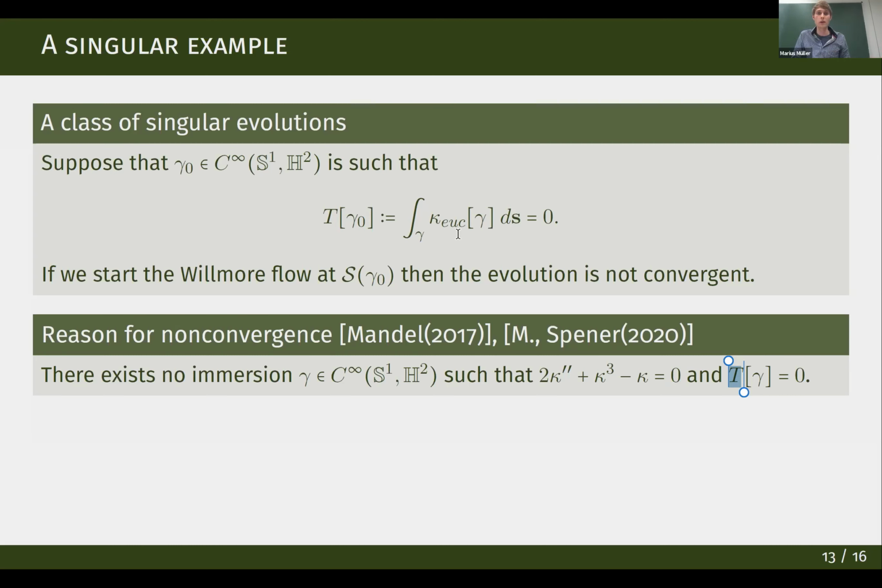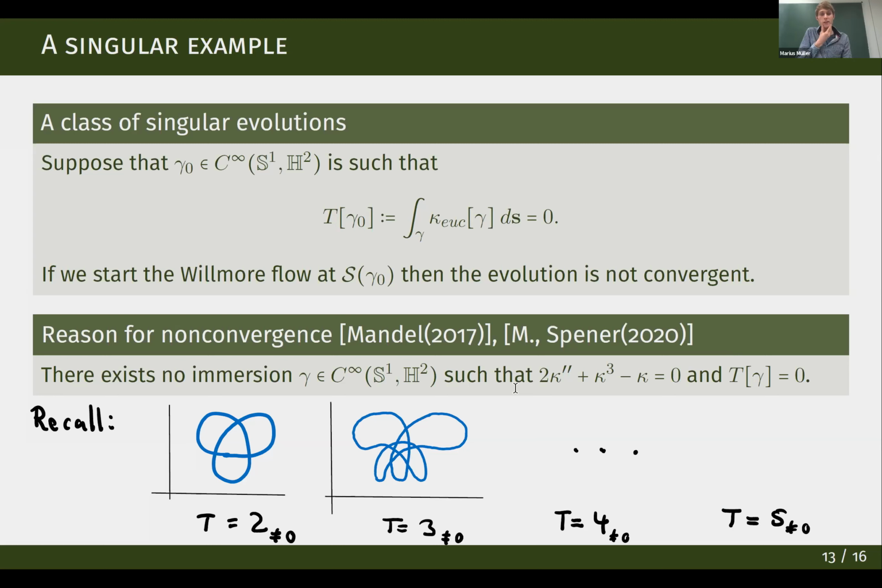So it will actually happen that if there is a limit, it would have to be a curve with total curvature 0 and also a Willmore immersion, so also a solution of this equation here. All right, so this is the reason for non-convergence, and maybe I should tell you how the Willmore tori of